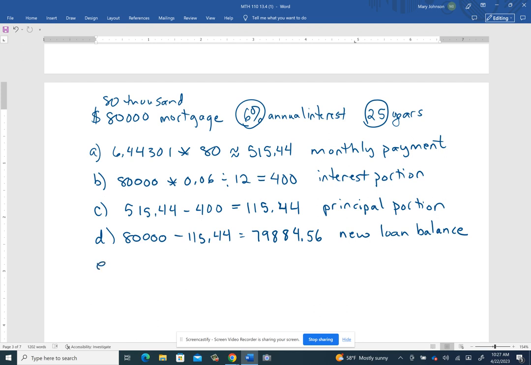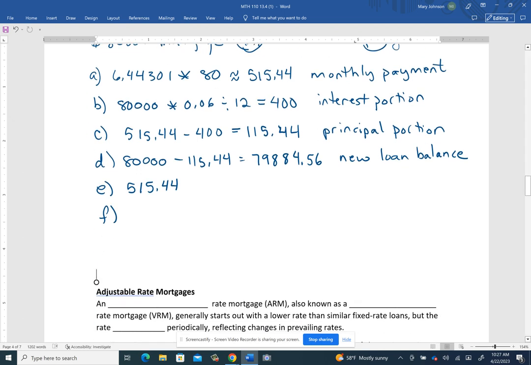So we know our monthly payment is going to be that $515.44 that we already did. We don't have to do any new calculation. So now we're going to calculate what portion of that goes towards interest and what portion goes towards the principal. So to get what portion goes towards interest, I'm going to take the balance, how much I now owe after making my first payment, multiply by 0.06 and divide by 12, and that's going to give you the interest portion. So $399.42 goes towards the interest